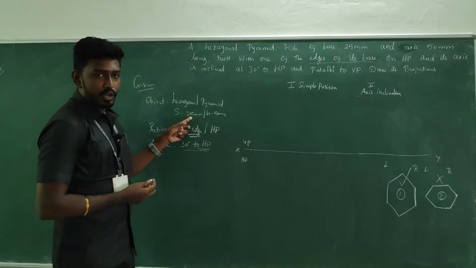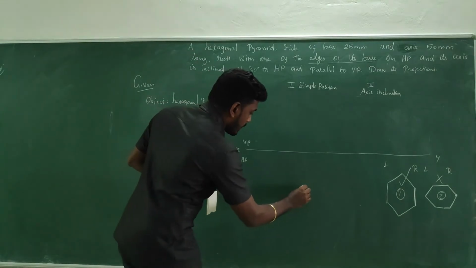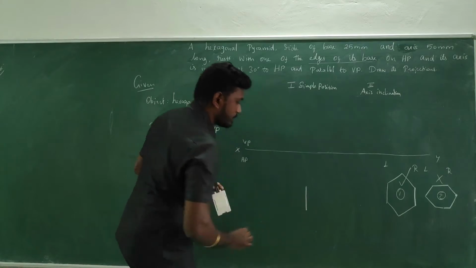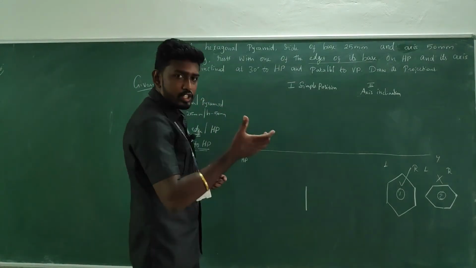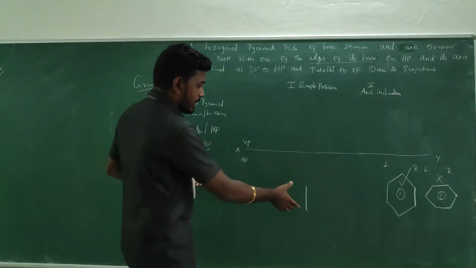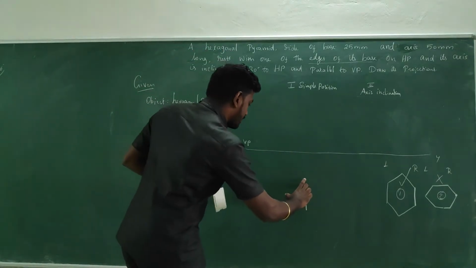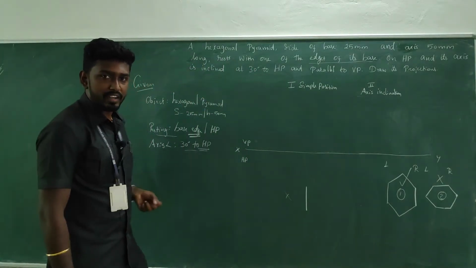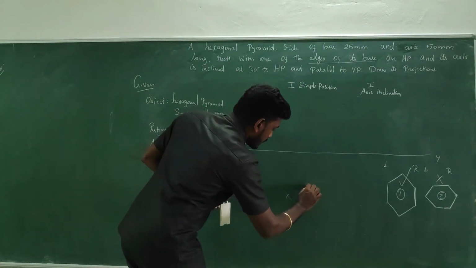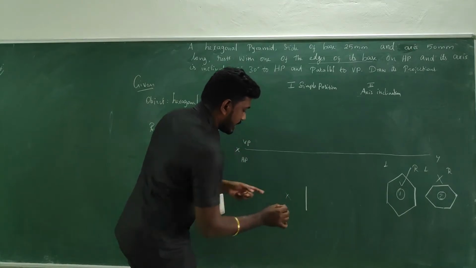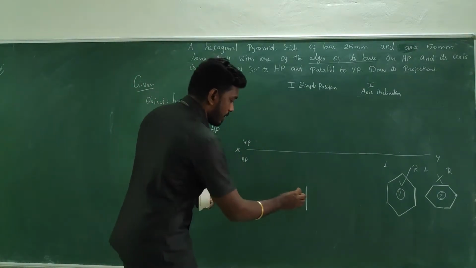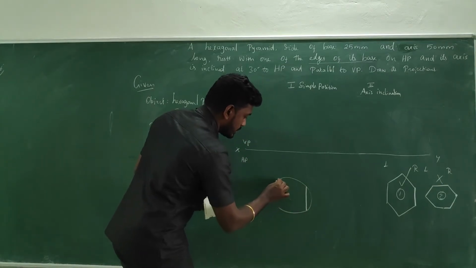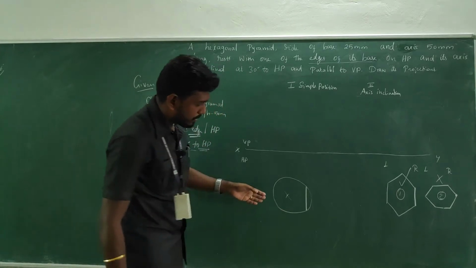So with this same measurement of 25, I am going to take the hexagon. Since it is placed like this, I am going to take a vertical line of 25 mm first, and then take your compass and measure 25 mm, and from the ends make cut marks to identify the center. Then, keeping the center at the intersection point, draw a circle, something like this. Get the circle in this manner.